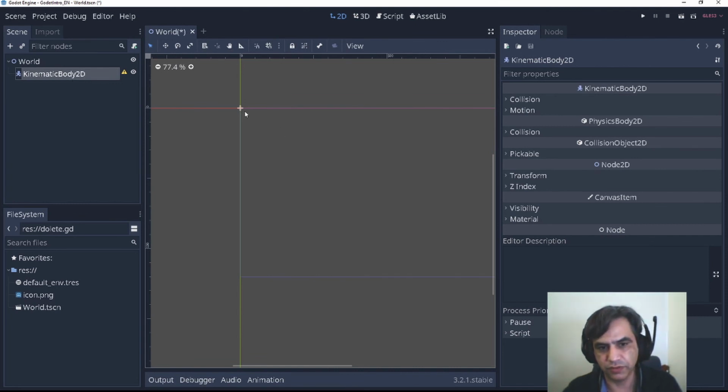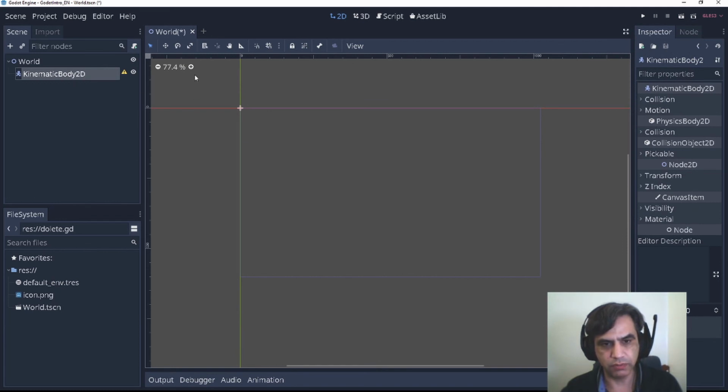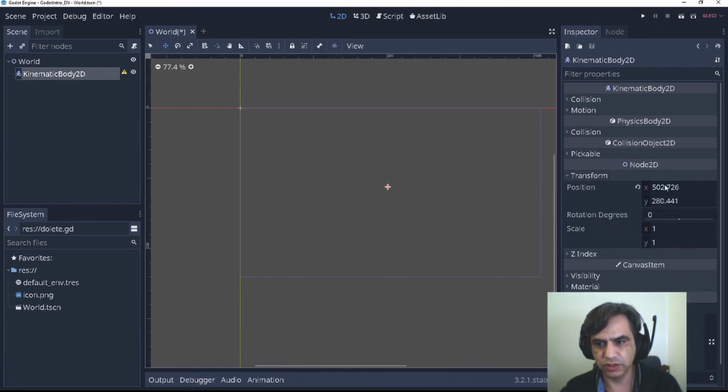So kinematic body by itself, when you add it to the world, is set to the position 0, 0. We are going to select your kinematic body by pressing W or pressing this icon, and we are going to change that to the center like this. If you see, it changes the position of your kinematic body.